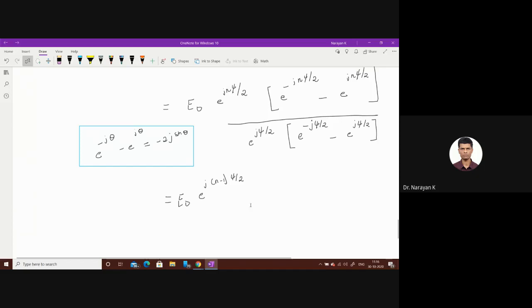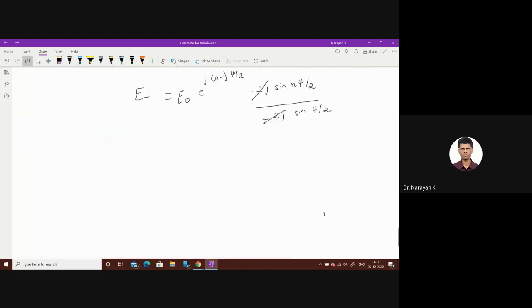So what will happen here? Minus 2j sin n psi by 2. Yes, very good. What will happen here? Minus 2j sin n psi by 2 divided by, tell me, minus 2j sin psi by 2. Minus 2j will get cancelled. So finally you will get